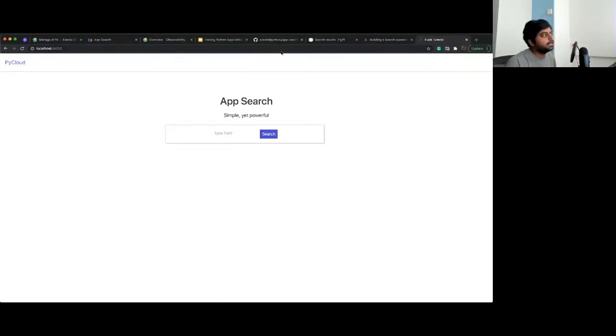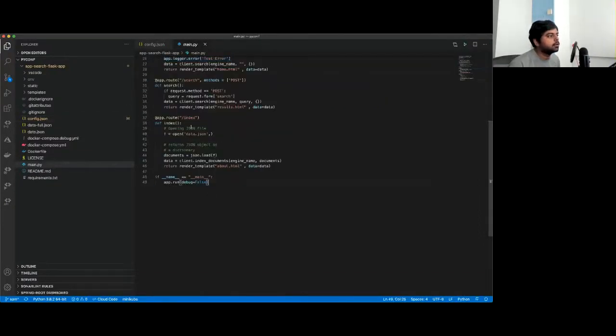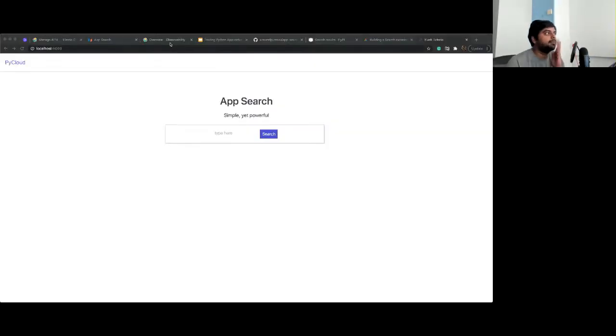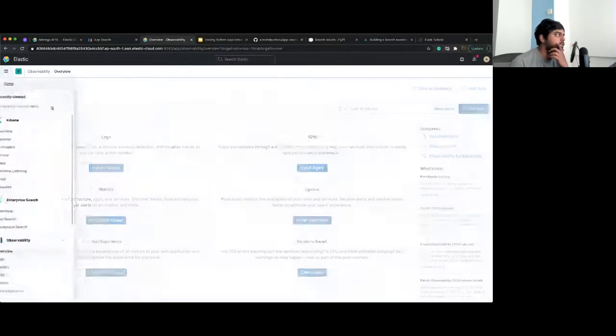We have an indexing endpoint wherein you have the data.json, and you index the data, and it should push the data. But that being said, let us quickly come here and see if we received any data, or if the server got registered or not.